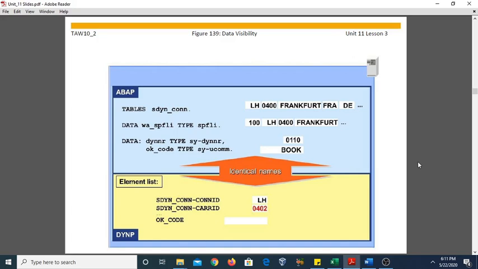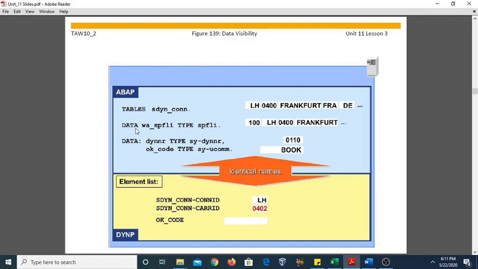So generally when a screen is processed, two sets of data are visible. You work with the global fields of your program within a module, and you can create the global fields. You can see in this snapshot, this is tables and this is data. So these tables and data are the global fields. Here the tables and data are also called declarative statements.